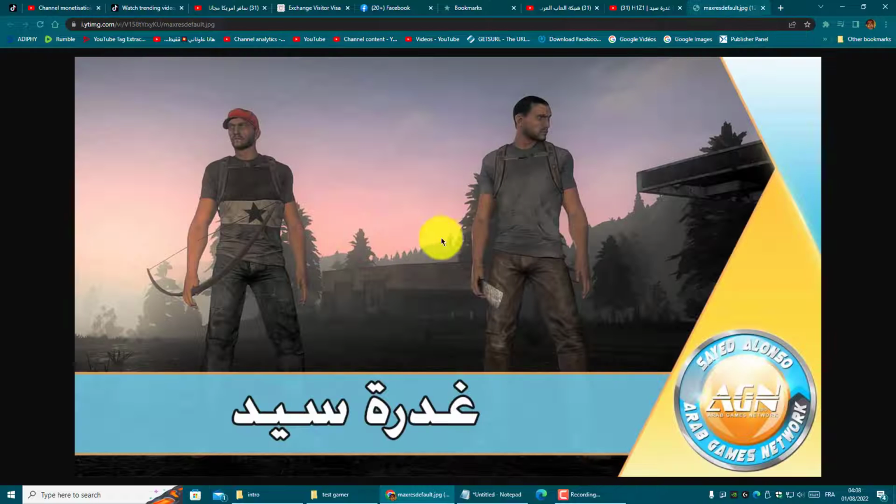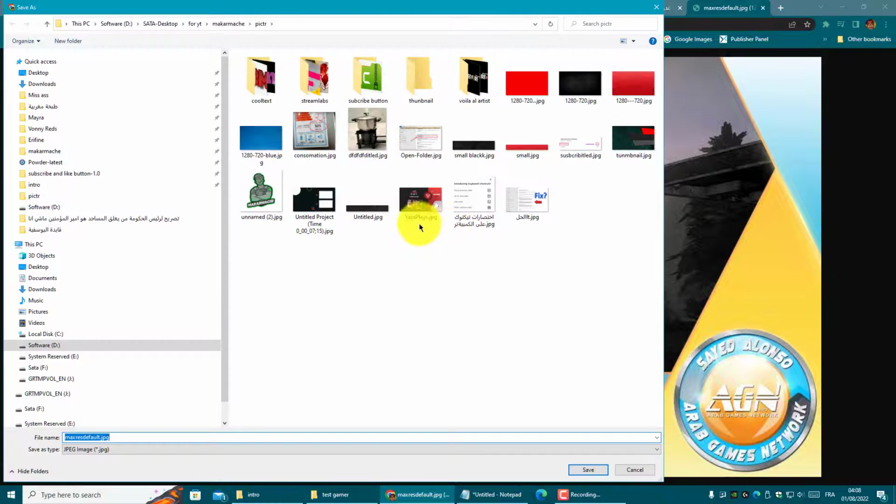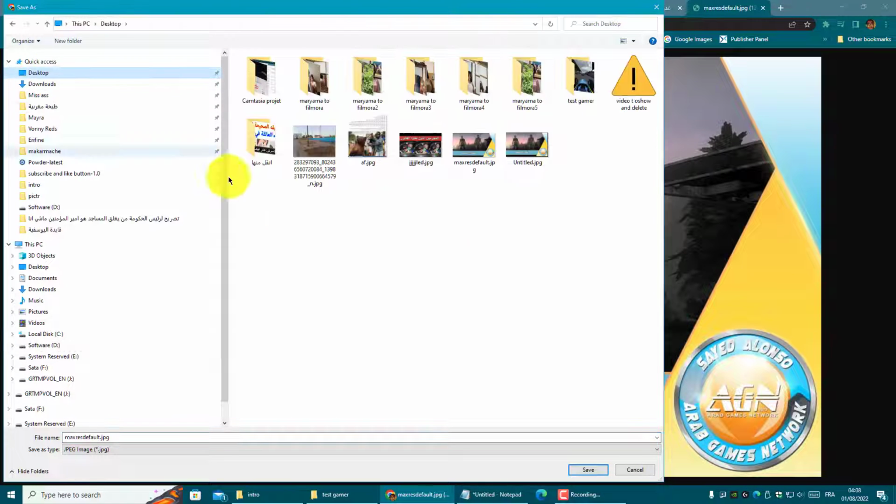There is no space to download this image in this destination. So I change the destination when I save this image, because, for example, I change the save location to desktop. With desktop I rename